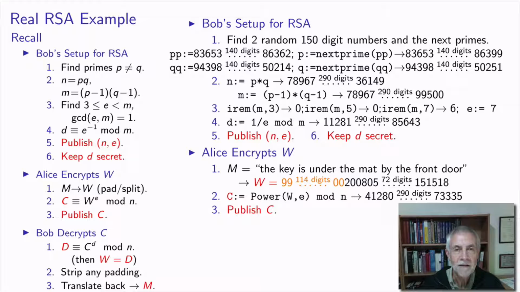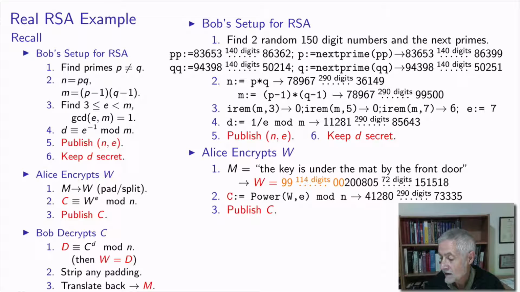Suppose now that Alice wants to use Bob's public key to send him a private message. So, for example, take the highly confidential message: the key is under the mat by the front door. The first step is for Alice to translate that into a number. By the translation process we've discussed previously, we obtain this number here, 20 corresponding to the fact that the letter T was the 20th letter in the alphabet,